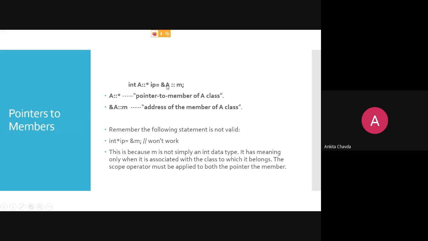Now what I'm writing over here is m% A scope resolution M. This m% is what? Address. So the address of the member, that is M, of A class. I hope you are getting these lines what I have written.